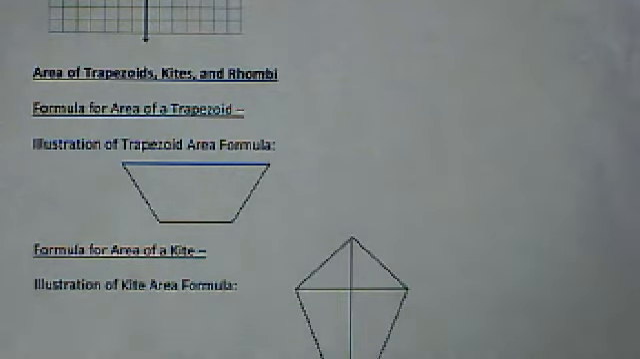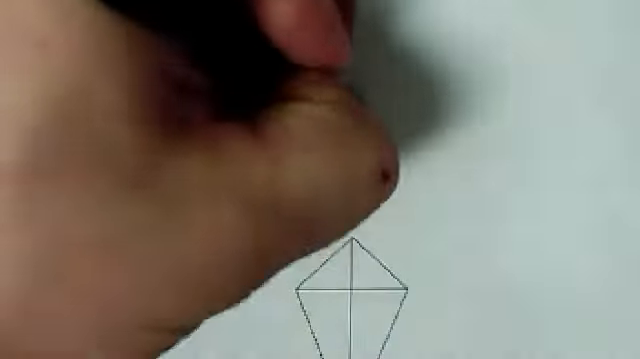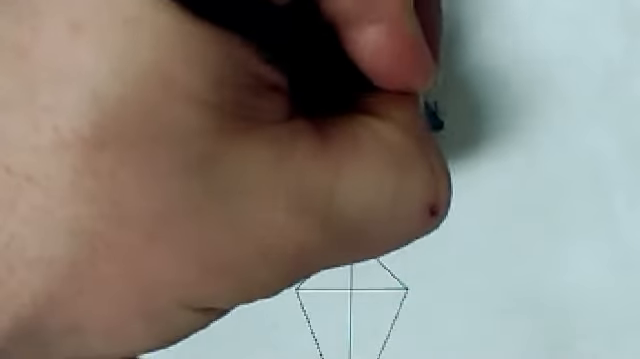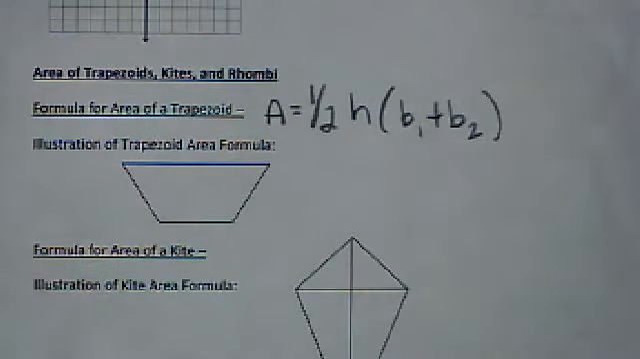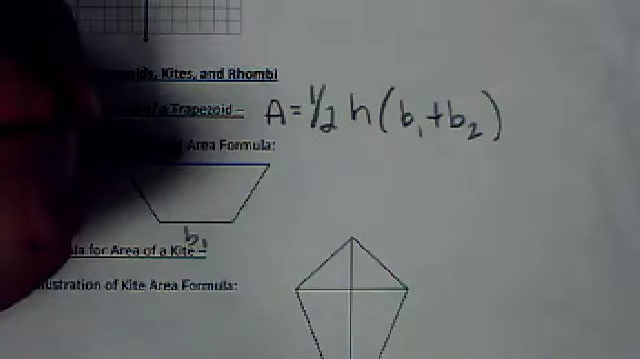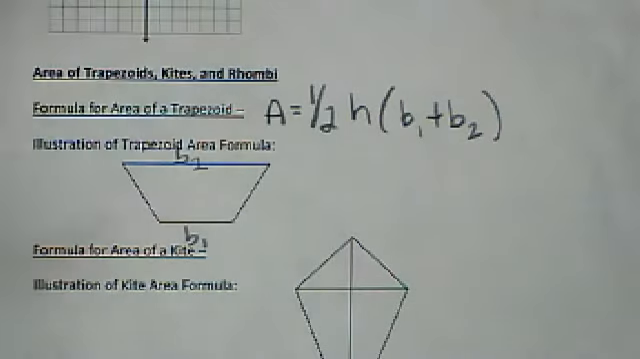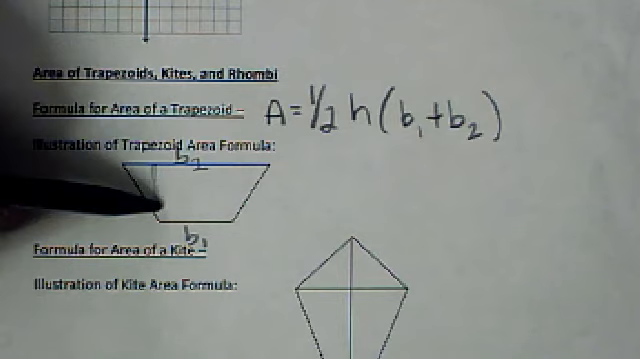The trapezoid area formula is area equals 1/2 times the height times the sum of the bases. Remember that the bases of a trapezoid are going to be the sides that are parallel with one another. So in this illustration we can say that this is base 1, that this here is base 2, and just like my triangles and my parallelograms, the height is going to be